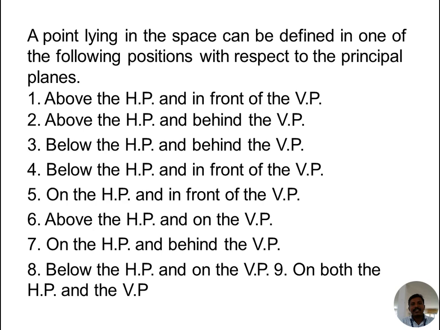A point lying in the space can be in one of the following positions with respect to the principal planes. They are: first one, above the HP and in front of the VP. It means it is showing the object in first angle projection. For example,